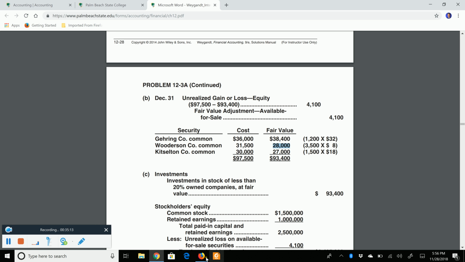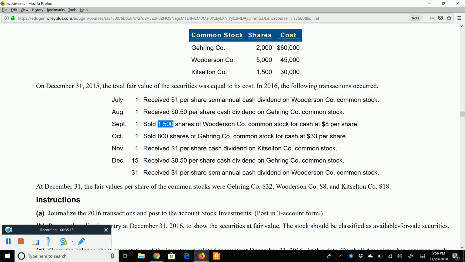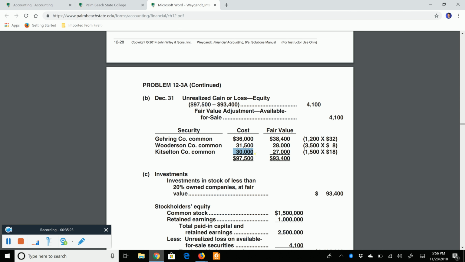And lastly, Kitzleton. Kitzleton, we never sold anything, so our original cost was $30,000 for 1,500 shares. There's your $30,000. And at the end of the year, we said Kitzleton has a fair market value of $18. That's where you get your 27,000. So our original cost, 97,500, but the portfolio has a balance at the end of the year of